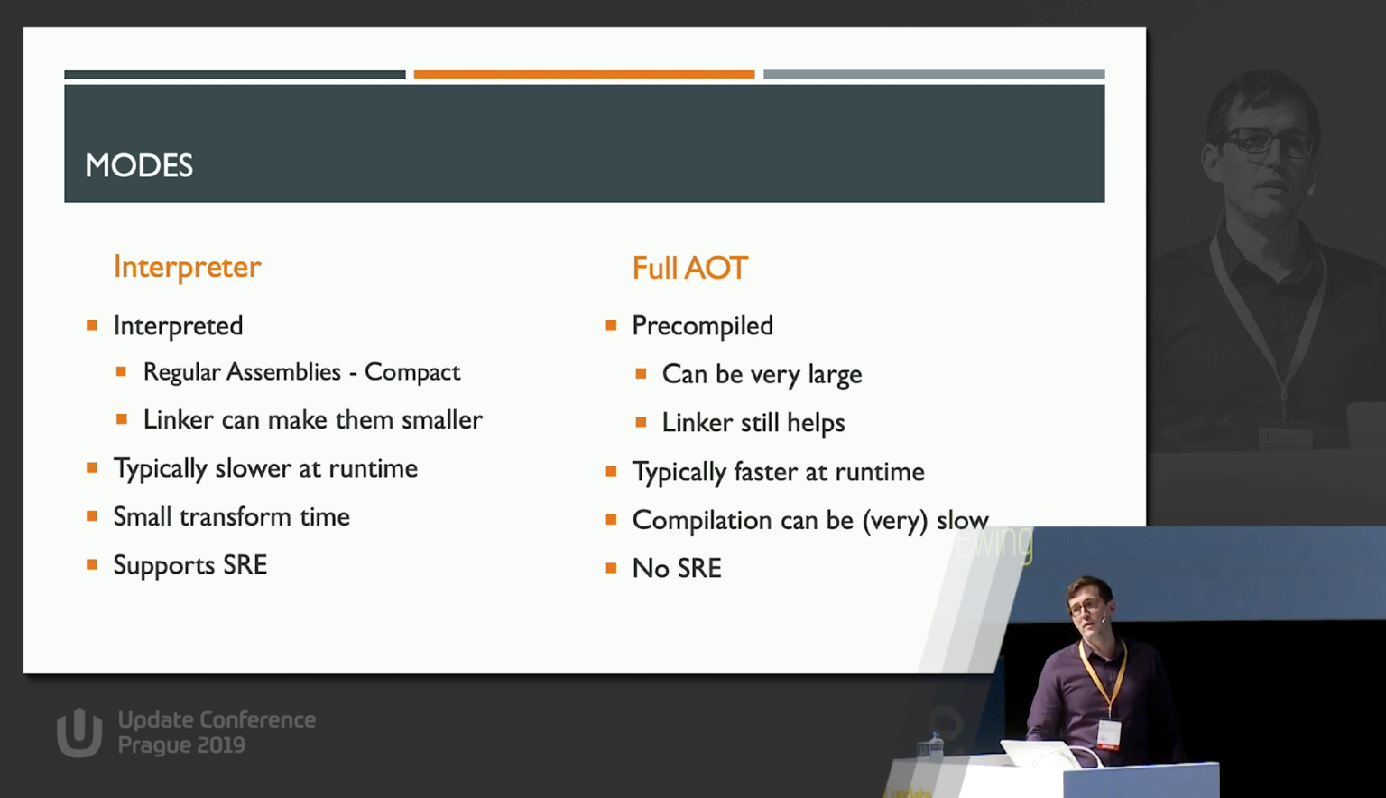Then in AOT mode, it's precompiled. You have faster executables, but they can be enormous. AOTing System.Xml, I think it was either iOS or WebAssembly, gave a 13 megabyte assembly after the AOT pass, which, since in the WebAssembly case you're talking over the network, is quite a bit of overhead to be able to parse XML. The linker still helps. We can link the assemblies before we AOT, but